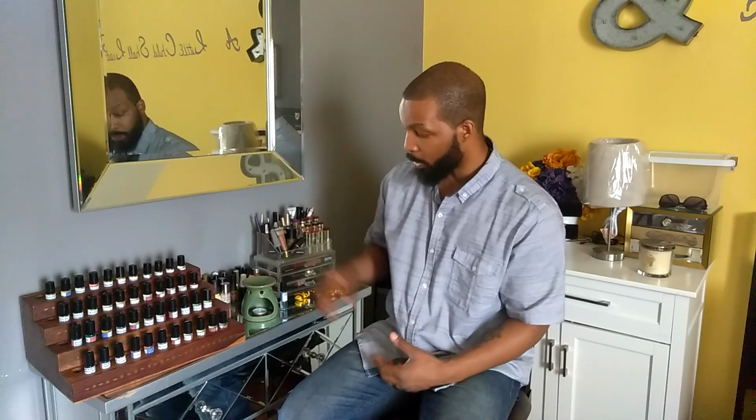Then you set one up with men's fragrances, one with women's. That way people know what you have, they can look through your product, and at the same time you engage with them. Now, another tip, another trick here. When you set up your station, this is what you want to do. You want to get one of these,